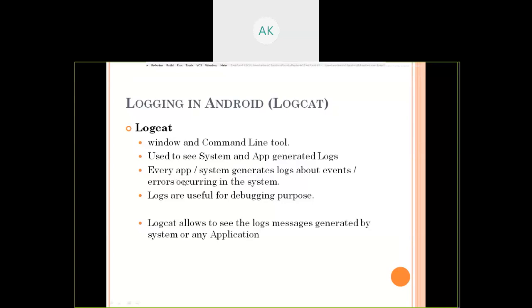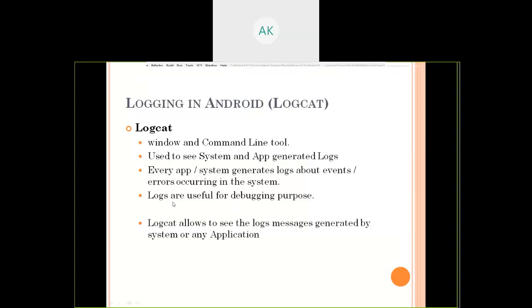As I said, every app or system can generate logs about the events or the errors occurring in the system. Whenever some event or error occurs, every computer system or computer program generates a log. Based on that, we can identify the current status of that system, and in order to see those logs, we can make use of logcat. Why is it so important to see the logs?